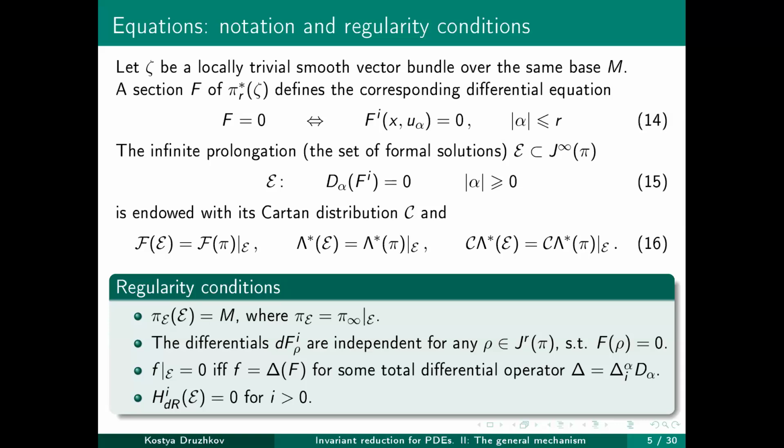And besides, we have the fourth regularity condition, which means that the de Rham homology groups of our epsilon must be trivial for i greater than 0. This regularity condition is not that important. I mean, it's not important at all. But this condition just simplifies some formulas. And it's nice to have this condition because when we describe